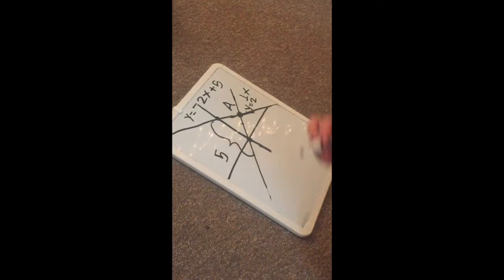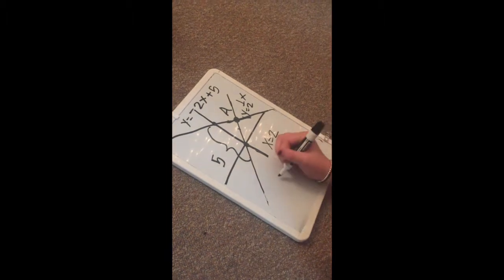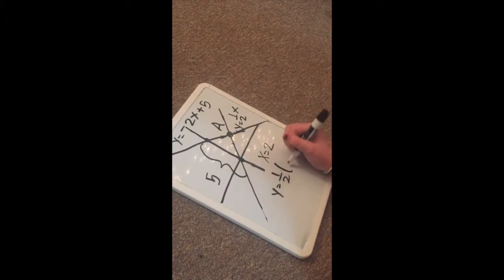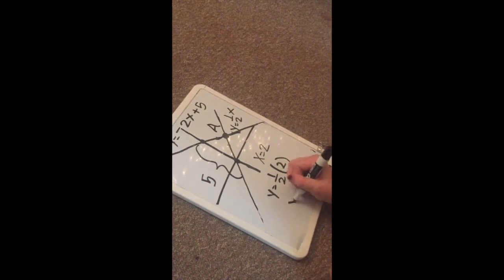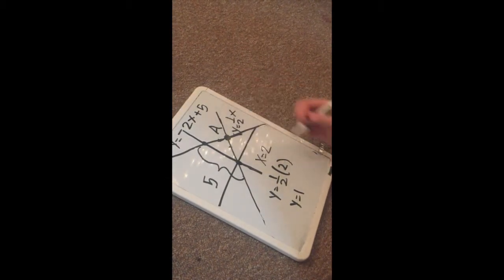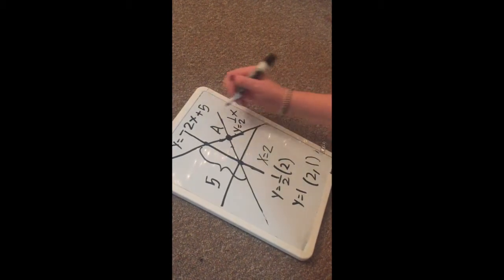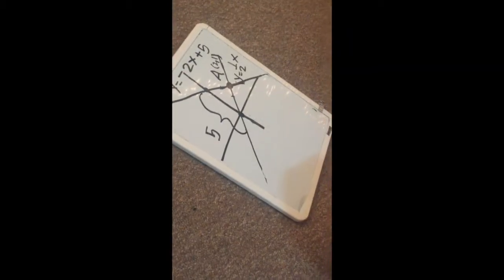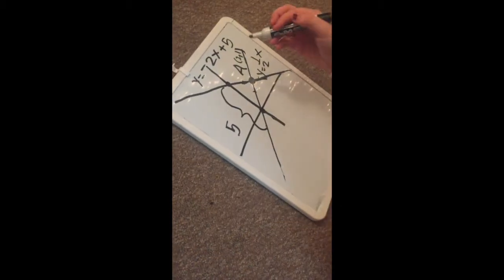Now that we know x equals 2, we plug that into the equation to find y. So y equals 1/2 times 2, and 1/2 times 2 is 1, so y equals 1. Therefore the coordinates for A are (2, 1). Up here it's (2, 1). Since we found A, which we said was (2, 1),